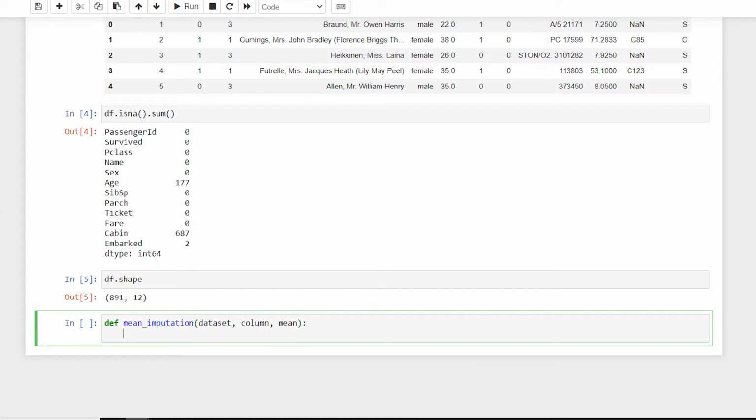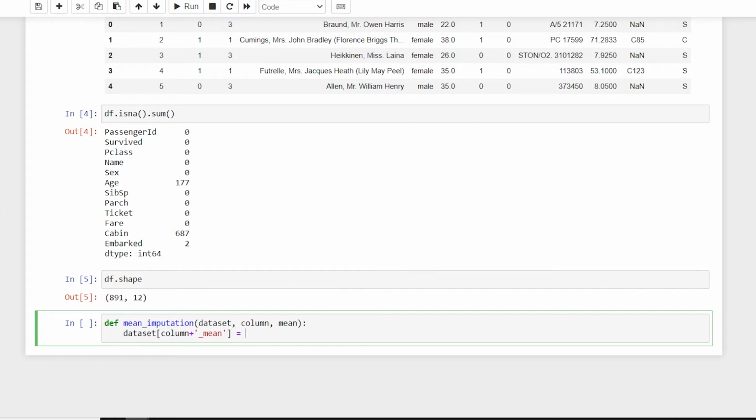But instead of going through this hassle, what I'll do is say column plus mean, so the name of the new column is going to be age plus mean.